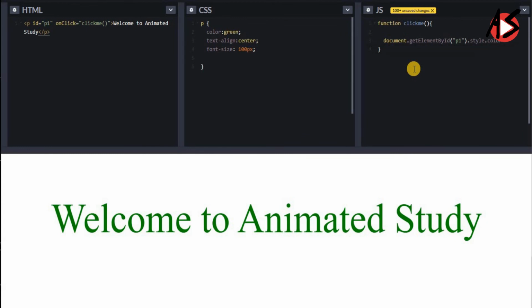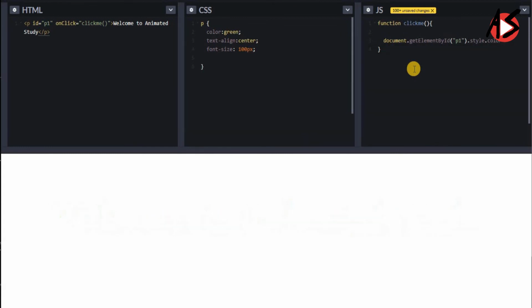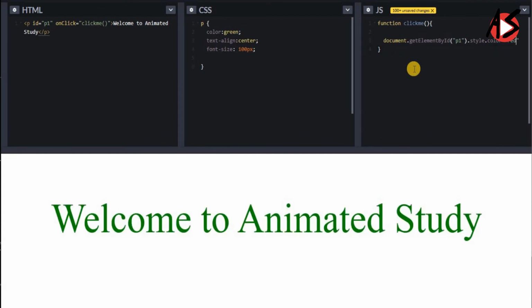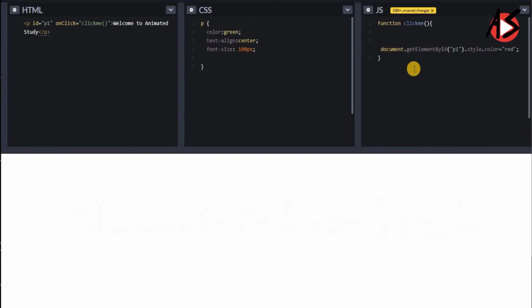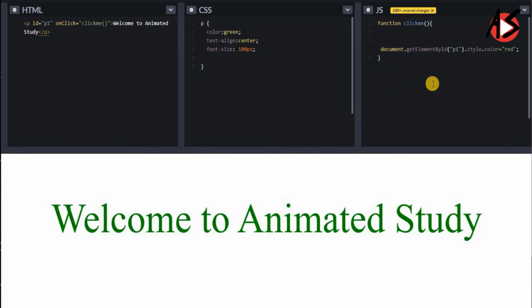And then I am changing the style, style of color, and then I am giving the red color here. So when I click this, the color is changed to red, that is what JavaScript is all about.